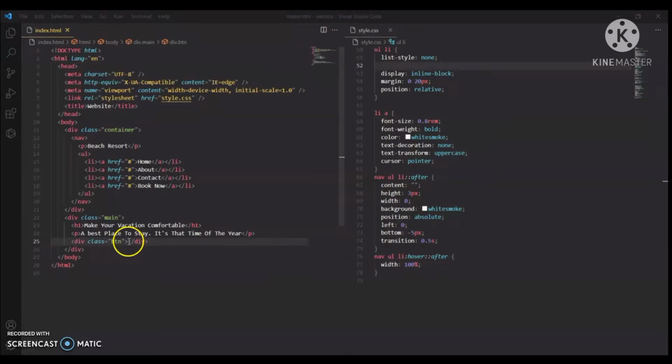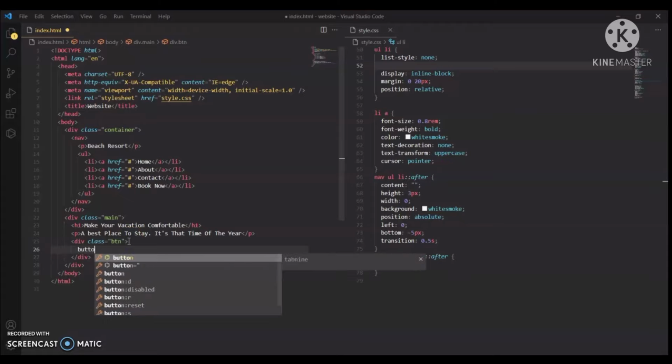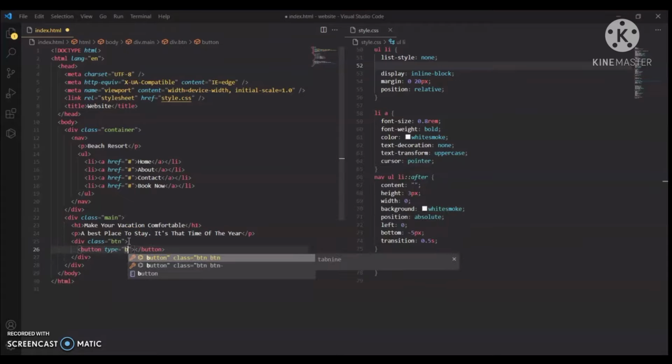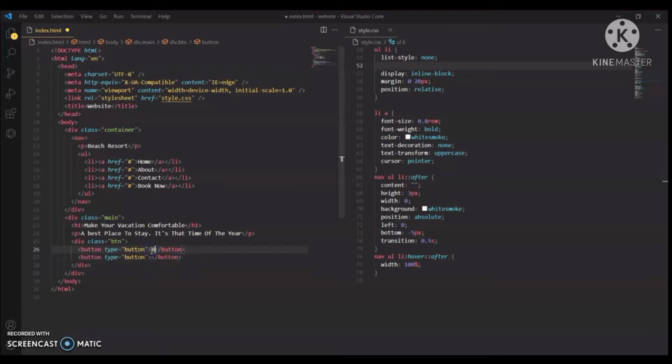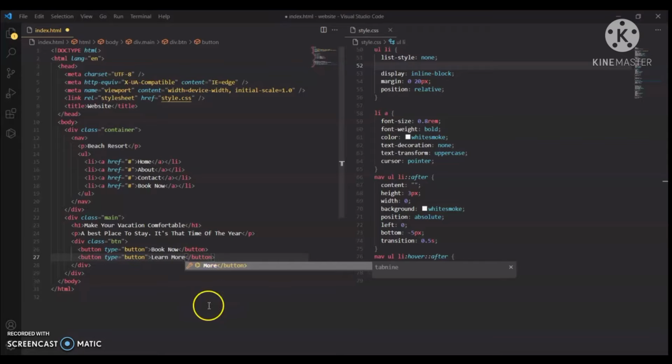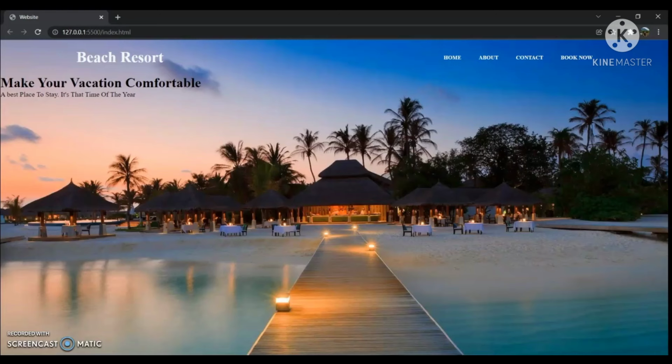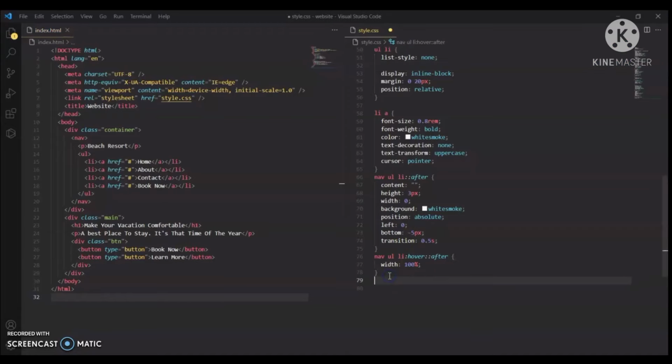Now let's add two buttons. So here are these buttons.